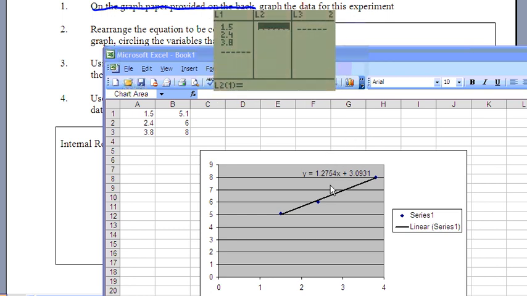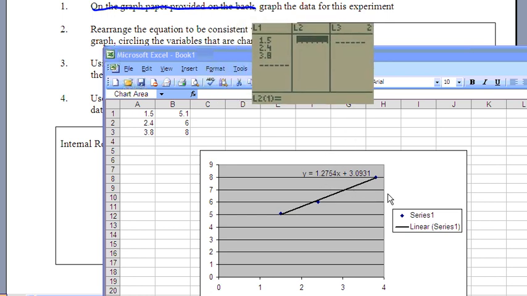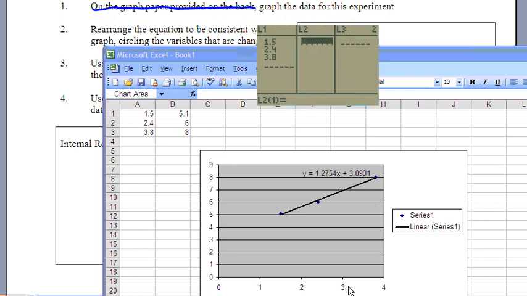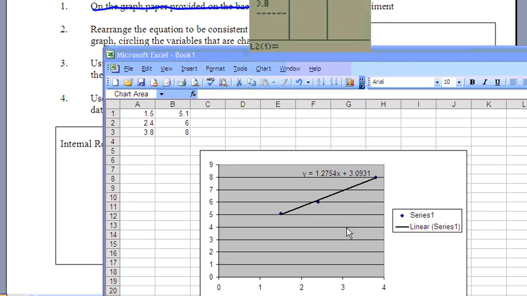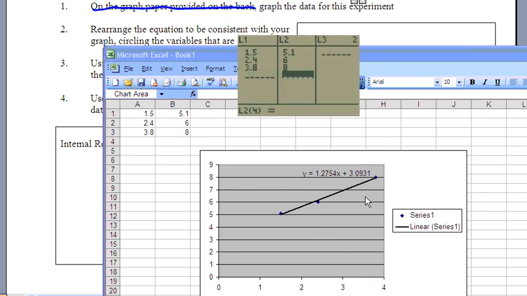Now I'm going to go over to list 2 and type those in. So I've got a 5.1. I know my calculator doesn't totally fit on the screen here. I'll move it down in a second here for you. So 6 and 8. Great, so I've got my points all into my lists, L1 for my X's, L2 for my Y's,